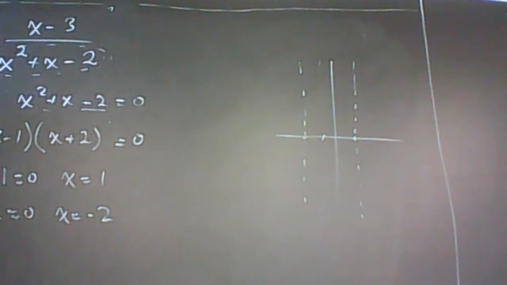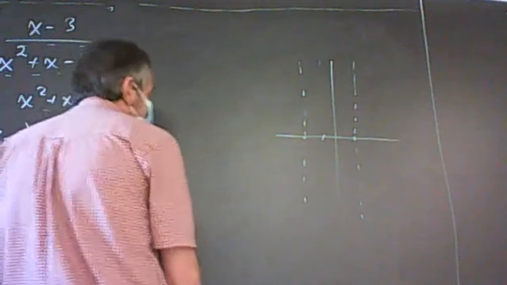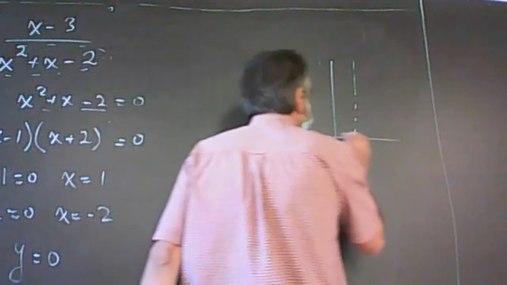Let's determine the horizontal asymptote. What is the horizontal asymptote? Again, for the horizontal asymptote, we said we take a look at the highest exponent on top and the highest exponent on the bottom. The top is 1. The bottom is 2. Top is smaller than the bottom. So that means y equals 0 for the horizontal asymptote. So now we're going to have this graph like that. Okay, now